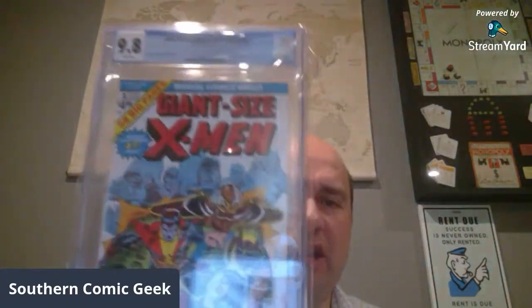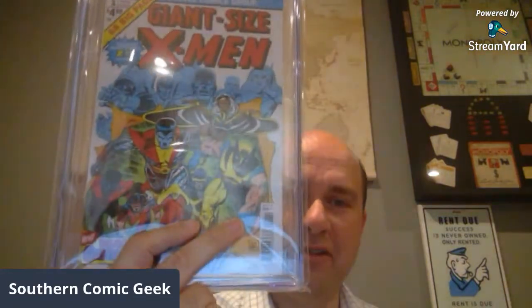I said, well, we'll just go ahead and send it. So this is Giant Size X-Men #1, 9/8. Imagine that. No, seriously, it's a facsimile cover. So I pick up these homages and facsimile covers, especially of stuff that I collect, which I have one of